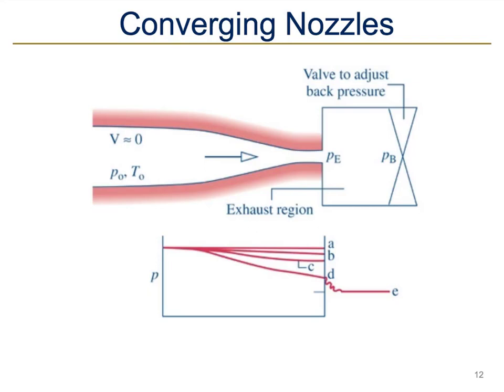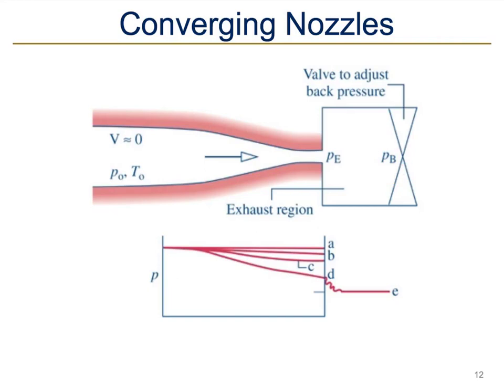For case B now, we adjust the back pressure to just decrease slightly. And then when we do that, we see the pressure decreases slightly here at the end, and it works its way, excuse me, increases as you go back up the nozzle. Or, better yet, it's higher at the inlet to the nozzle, and then decreases as we come to the exit. All right. You can think of the back pressure as kind of the atmosphere. If this is a nozzle that we take up to higher and higher altitudes, that would reduce this back